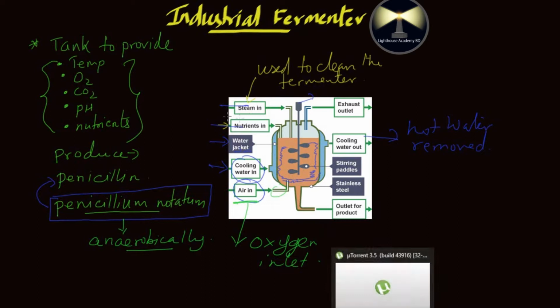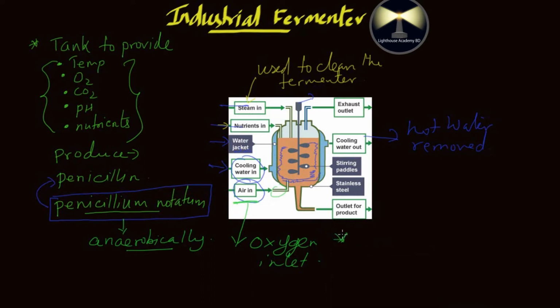Okay, now you have to remember something. From an O-level point of view, they might ask you some questions that this oxygen that is inserted into the fermenter is filtered. These are your filtered oxygen. Why do you need to filter the air? You filter the air so that any foreign microorganism mixed with the air cannot enter the fermenter. Okay, as a result, the air going inside the fermenter is filtered so that no microorganisms from outside enter the